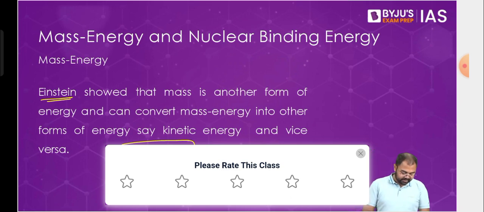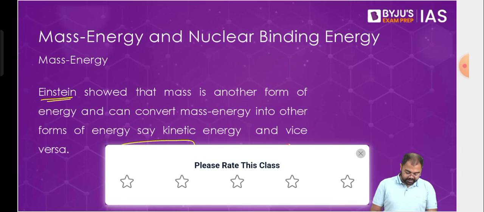Now E equal to mc squared basically established a relation between energy and mass. Here E is energy, m is mass, and c is the speed of sound. Sorry, speed of light. How much is it? 3 into 10 to the power of 8 meters per second. So ultimately this is how the conversion works. Through his theory of special relativity, he established that mass can be considered as a form of energy, and this is the relation between them.